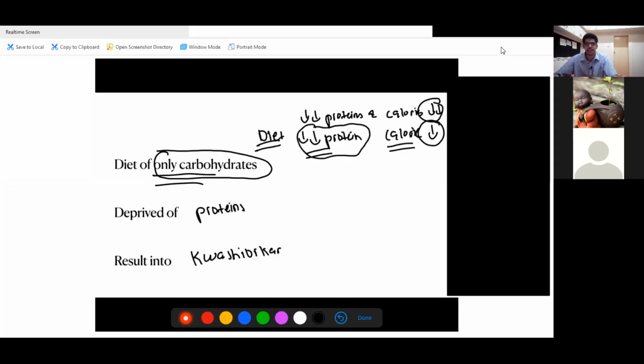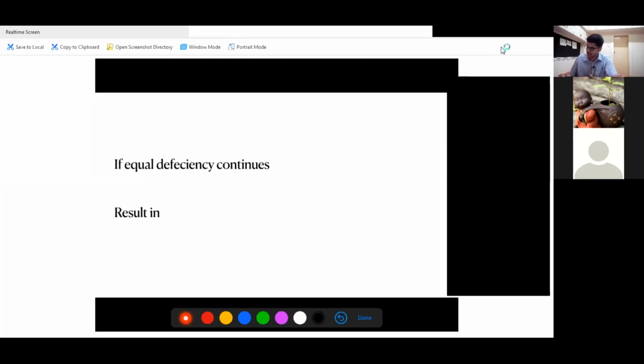So now what is this child? Is having more deficiency of proteins, and there is an osmotic imbalance leading to edema, and you have pushed this child into Kwashiorkor from undernutrition. I hope this is clear. We'll go ahead. So again, before starting how to make a diet chart, we have to know what mistakes not to make while making a diet chart.